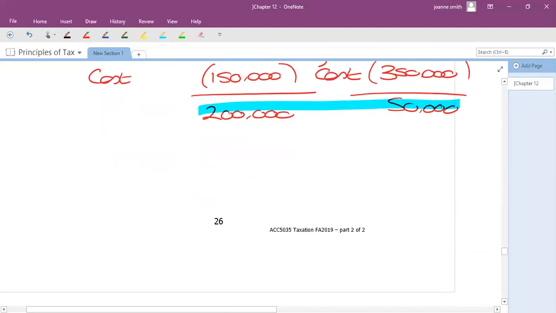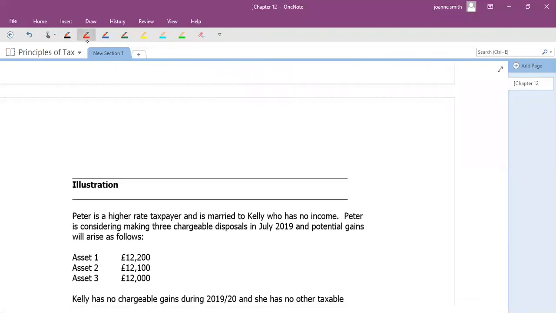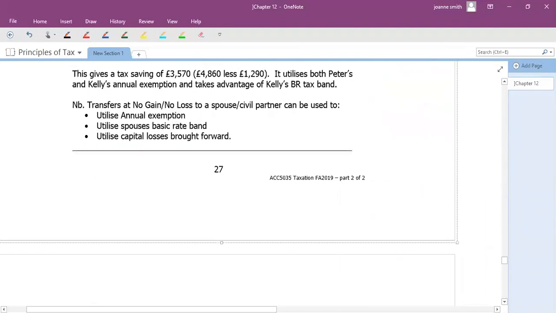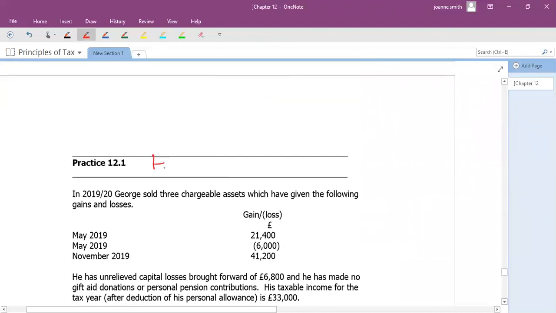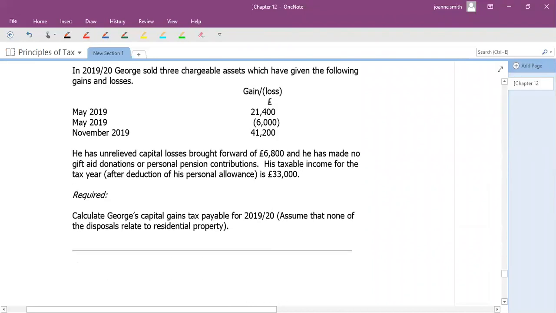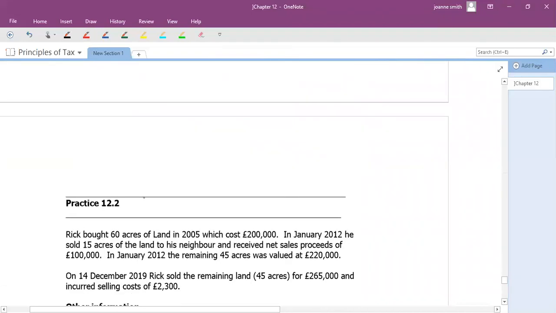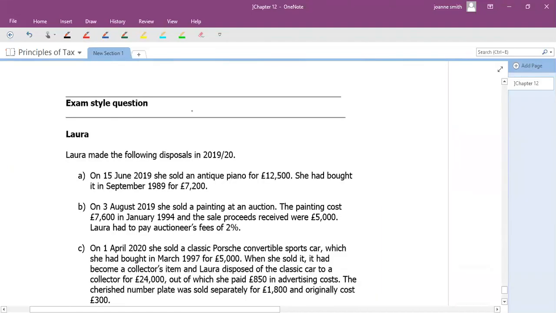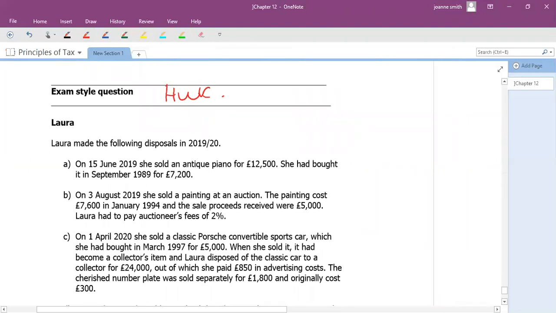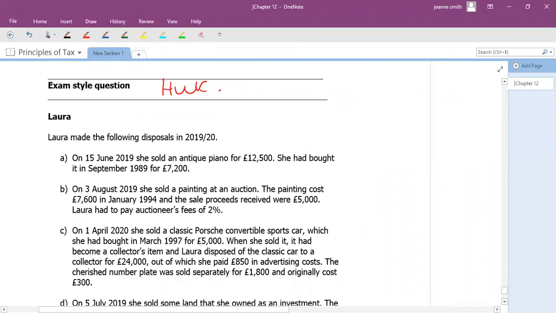Now, what you can do to practice what we've been doing here are these illustrations. So there's some homework questions here you can have a go at. You can also have a look at some of these practice questions. So there's a couple of practice questions there. And then what I will do is I will do a debrief in the last recording for Laura. So you just have to have a look at the answers online on Moodle for the first few. They're fairly straightforward, but I will do you an exam debrief on this one because it's an exam style question.